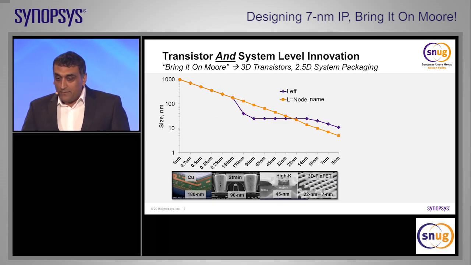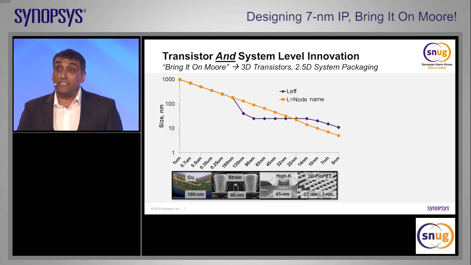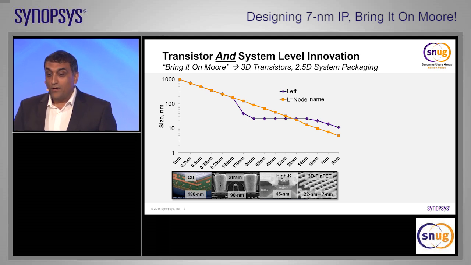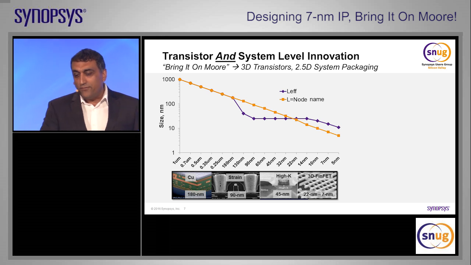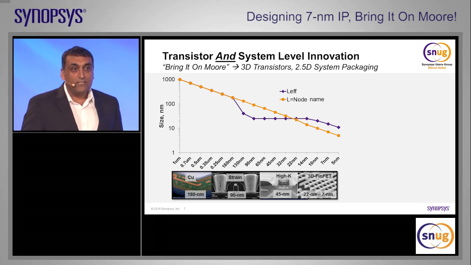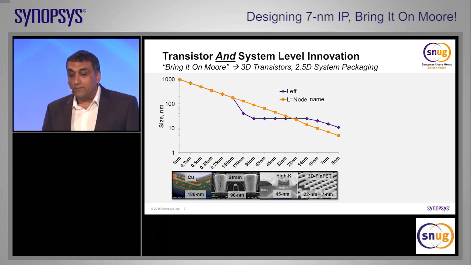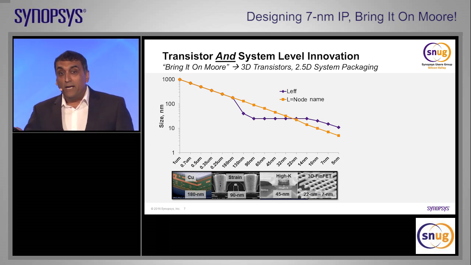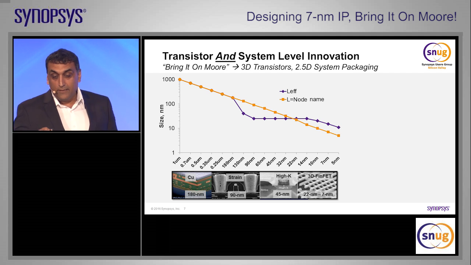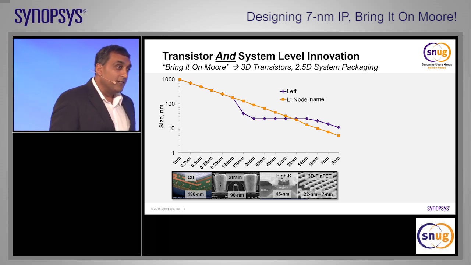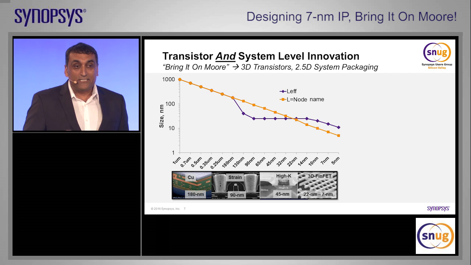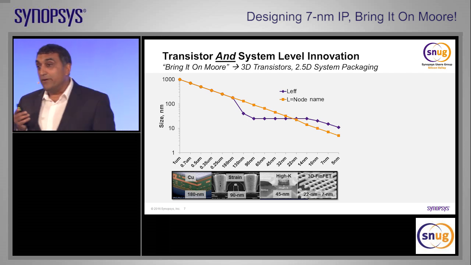So as a primer, to give you a little bit of introduction, a few things are happening, okay? This particular representation shows how transistors have been scaling from one micron, which was the time when I was working at Philips, to 7, maybe 5 nanometers. There were some innovations in material science that made that scaling happen. If you remember, some of you may remember the big copper interconnect debate at 180 nanometers. And then around 90 nanometers, there were a lot of conversations about getting the speed up of the devices using strain. In semiconductor physics, strain or stress is good because it makes your devices work harder.